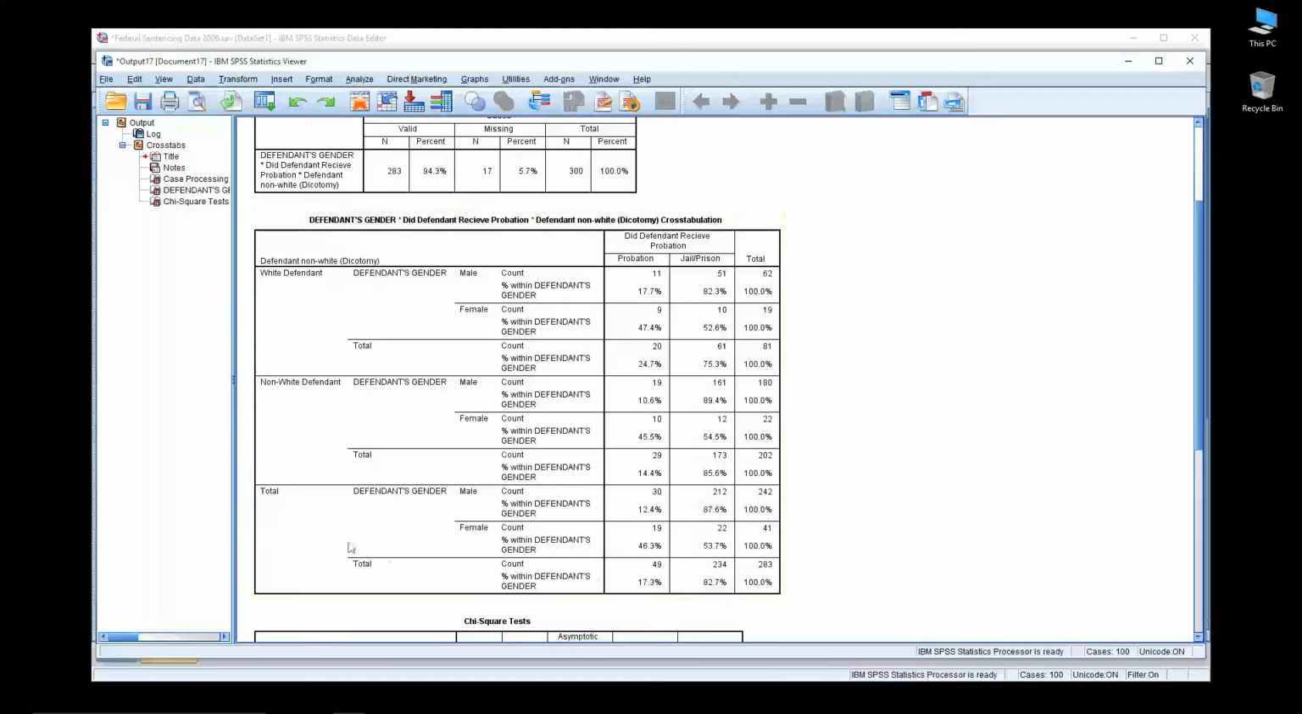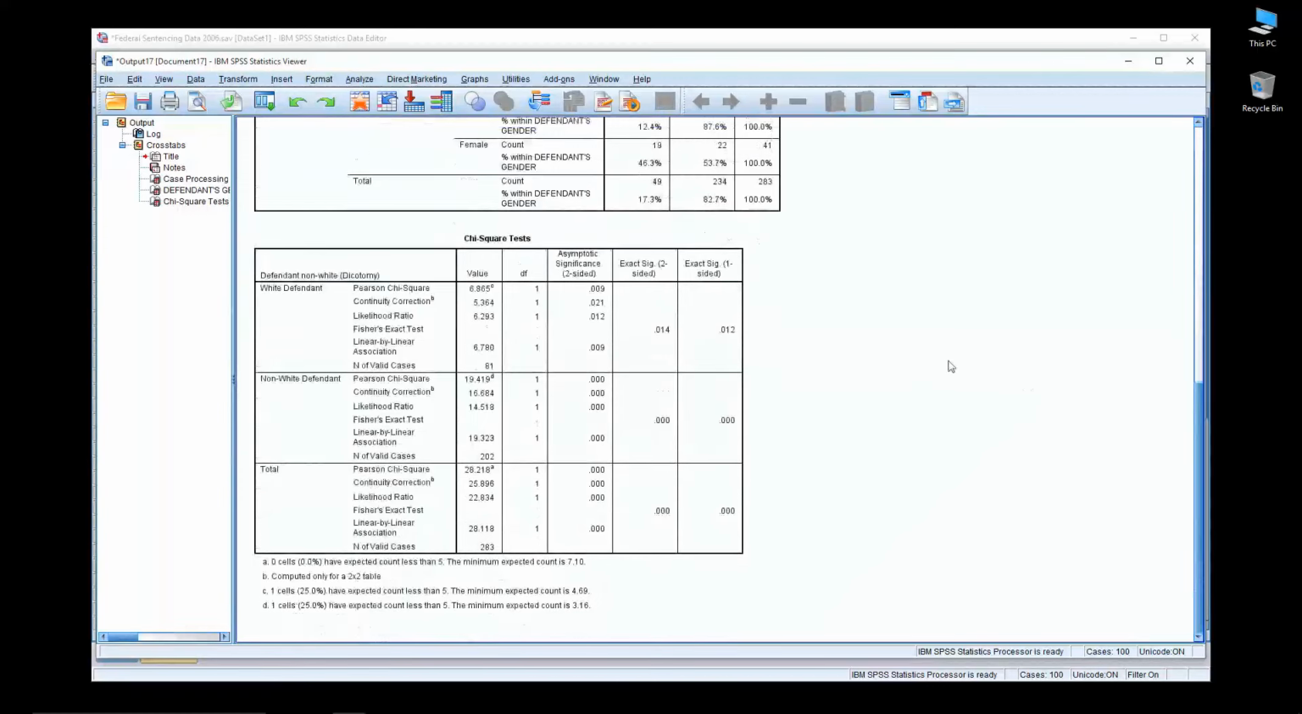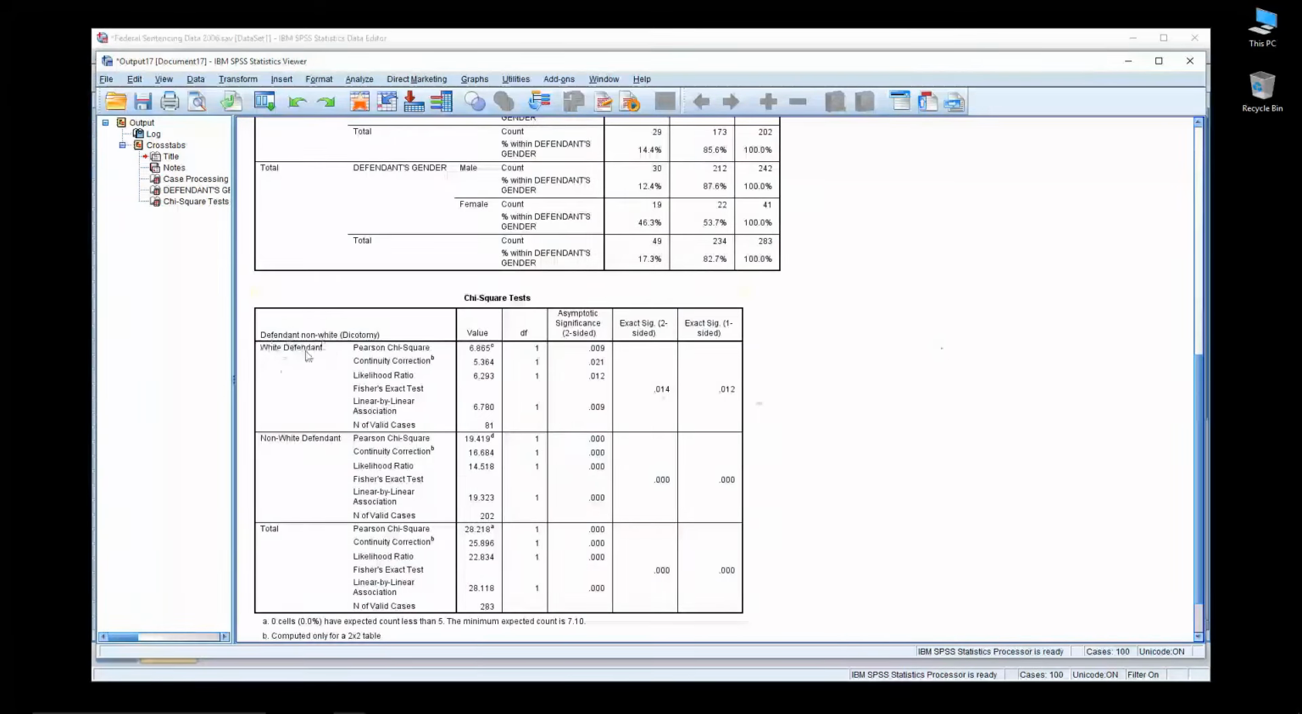The question becomes, does gender really play a major role there? We can slide down here and examine these two tests between the two groups. So when we're just examining the white defendants, does gender make a difference? In this case, yep, 6.8, 1 degree of freedom gives us 0.009. This is below 0.05. And for non-white defendants, we have a chi-square value of 19, once again 1 degree of freedom, and 0.000. So this tells us that yes, even when we subdivide individuals and just examine whites, and just examine non-whites, when we split them, we still find that there's a statistical